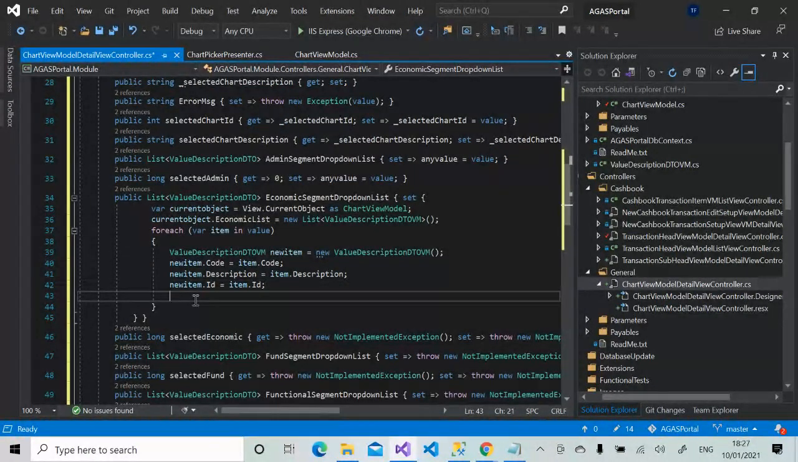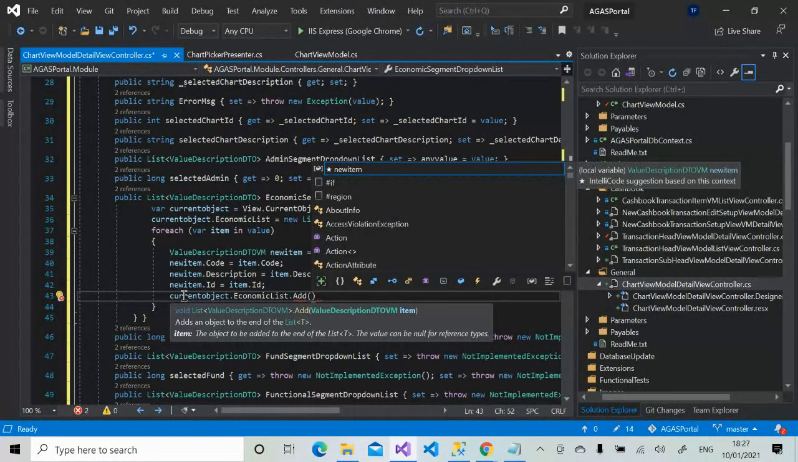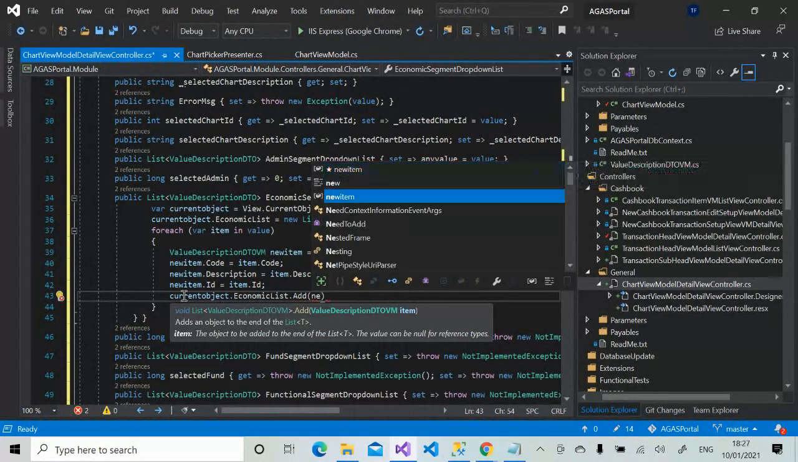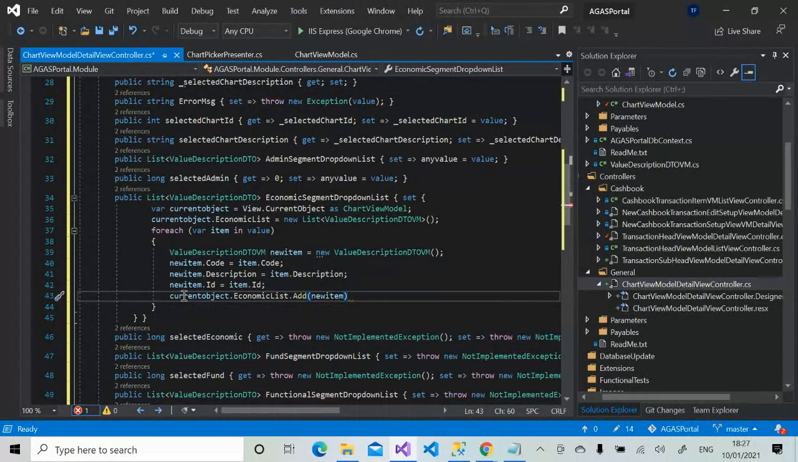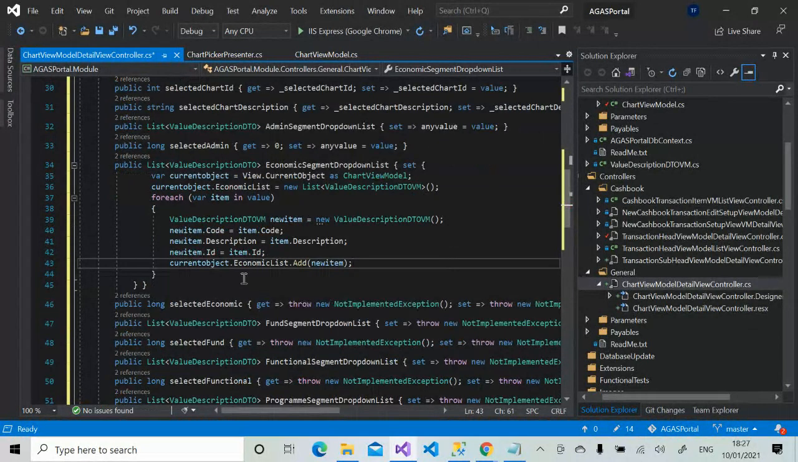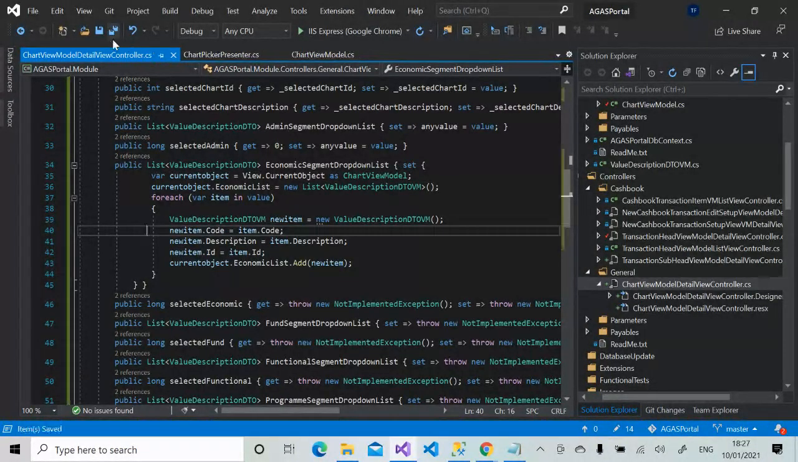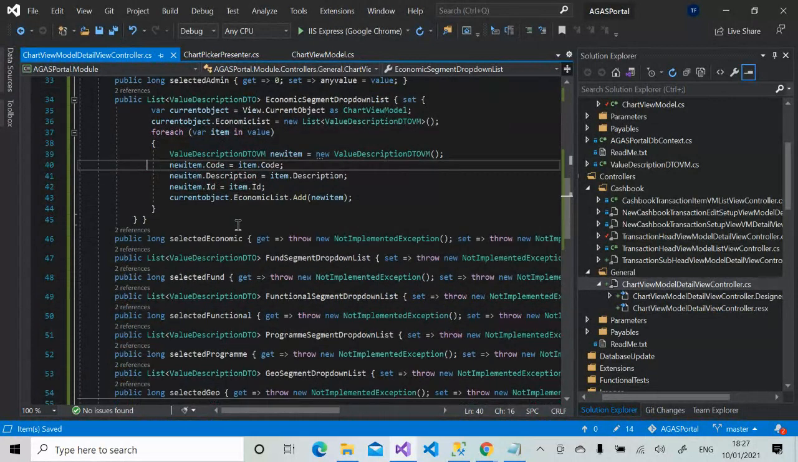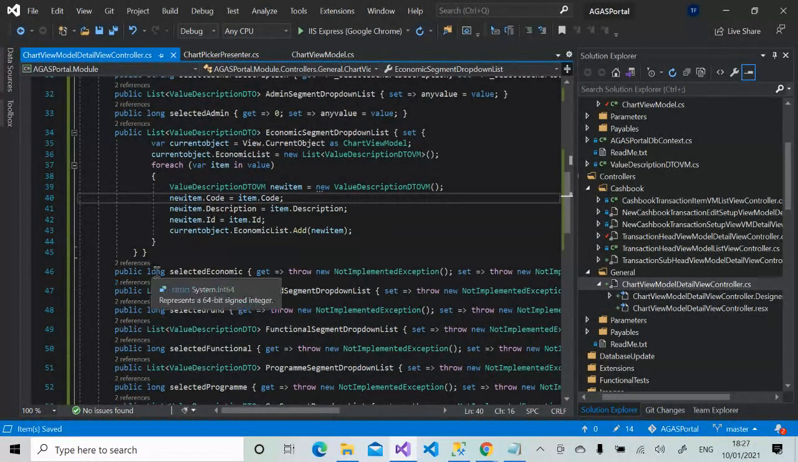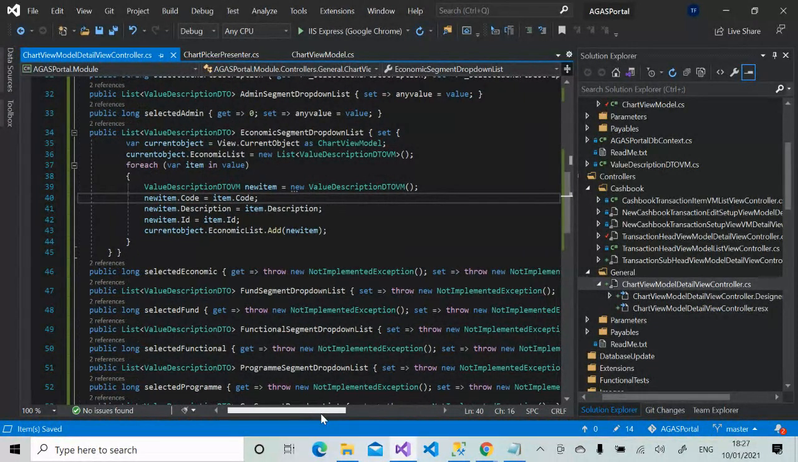So we'll now add it to this list. So that is us filling the UI of the economic segment. Now, when the economic code is selected, once you want to get it,